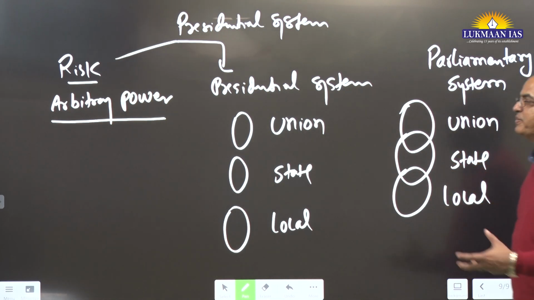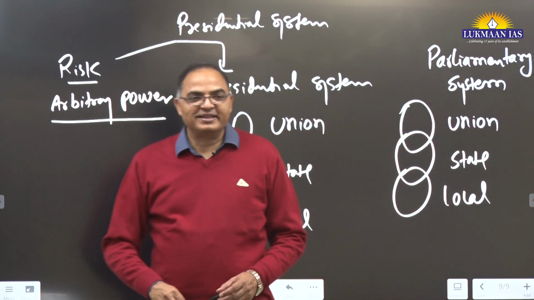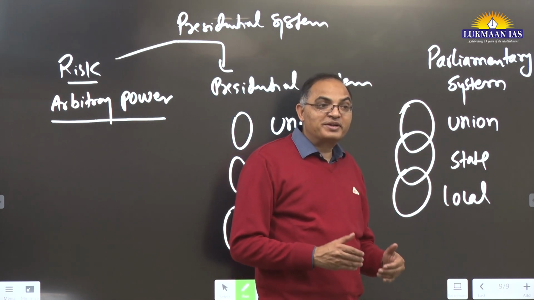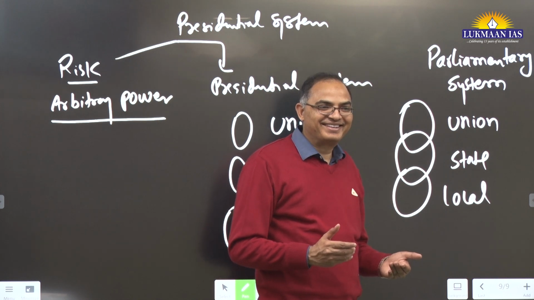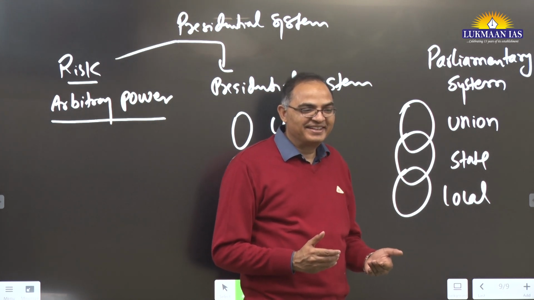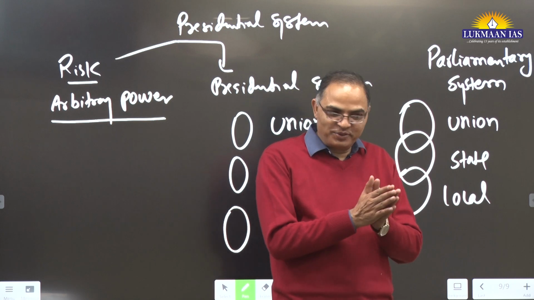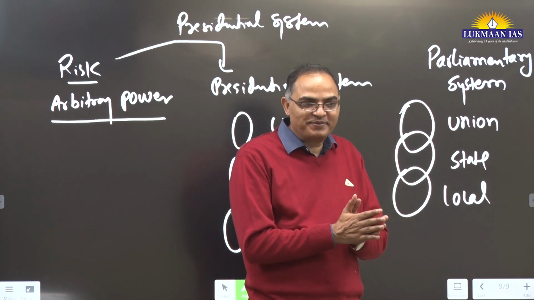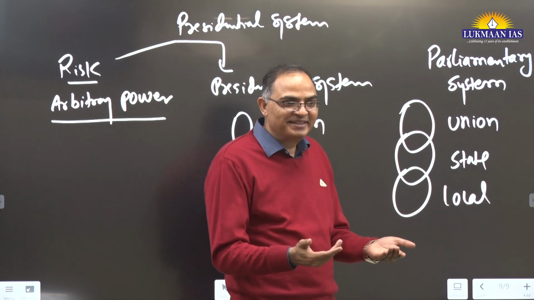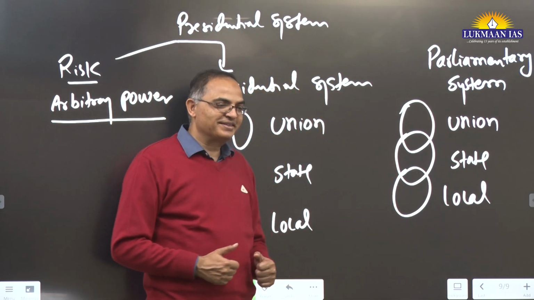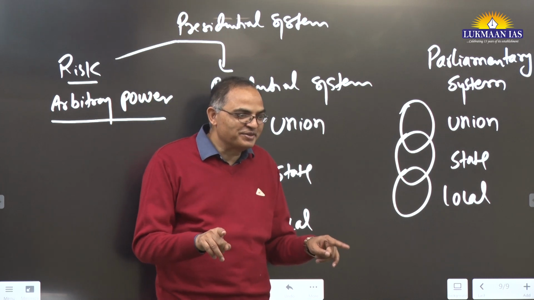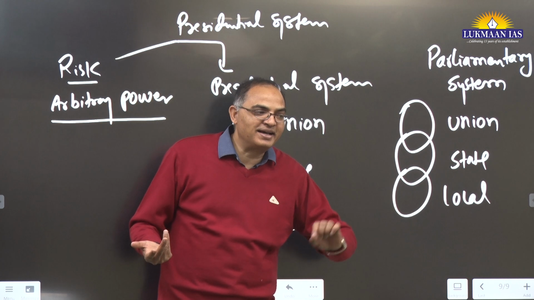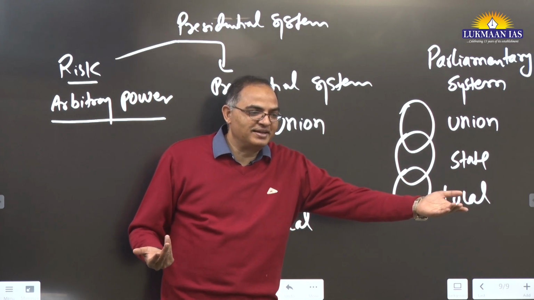Now, the framers of the constitution thought that this would promote responsible government. They thought that when there is no clear separation, there will be checks and balances, and checks and balances will promote responsible government. But you know what has happened? Blurring of responsibility. No one takes responsibility. They just pass responsibility to each other.